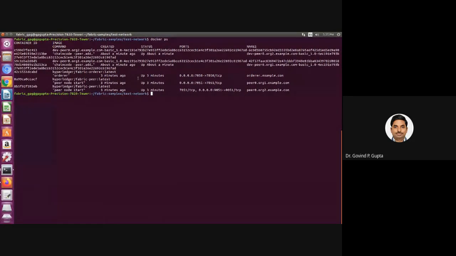So this is how we deploy the chain code. Now the next one, I'm going to show you about the chain code.